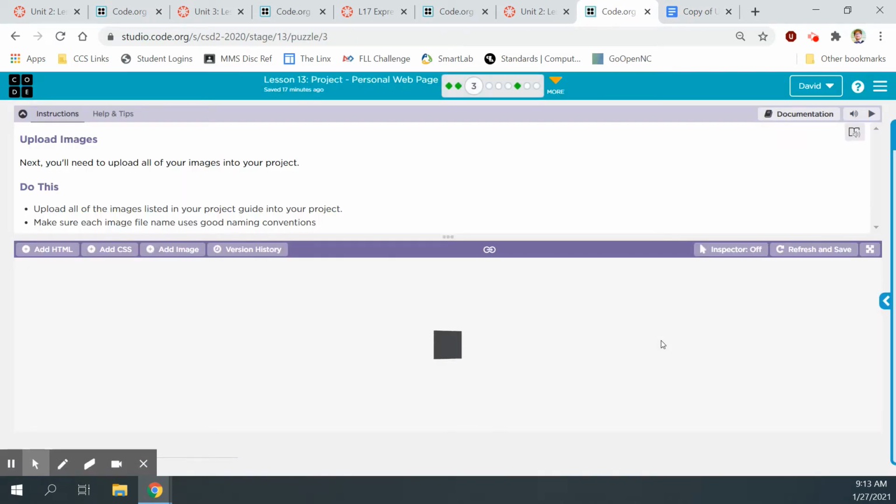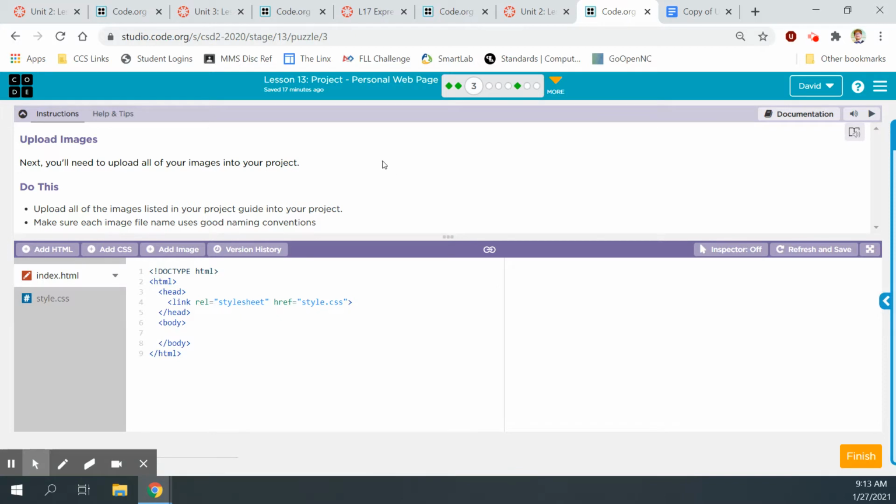All right, let's continue. Bubble 3 here, upload the images. Next, you'll need to upload all of your images into your project. Do this. Upload all of the images listed in your project guide into your project. Make sure that each image file name uses good naming conventions. So